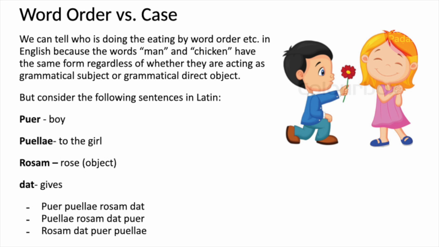This example from the Latin language clarifies this not only with regard to the direct object of the flower, but even with regard to the indirect object of the girl, although we will learn about indirect objects only a little bit later on within German. But consider how in the Latin language, puer is already the case form to tell you it's in the nominative, that is the boy, and puellae, with I as an ending, already tells you it's the indirect object, to the girl. Rosam, with an M at the end, already tells you the rose is the direct object, and